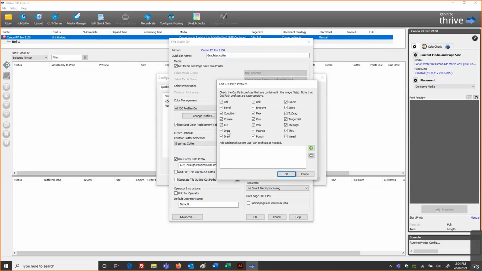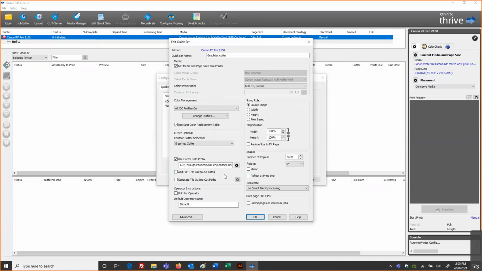And you'll notice everything is checked on by default. In the case where a name of how you would identify your contour cut path is not in this list above, you would be able to hit this plus symbol below and add that custom name. So I'm going to add our commonly used cut contour name to that directory. And then I'll click OK. So the options are available. You can activate or disable which cut path names you want to identify and associate.